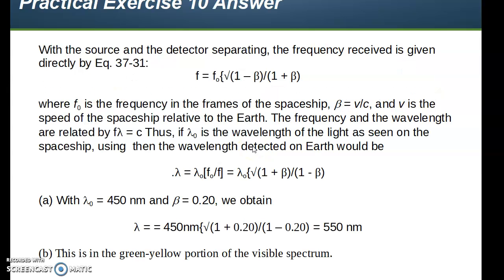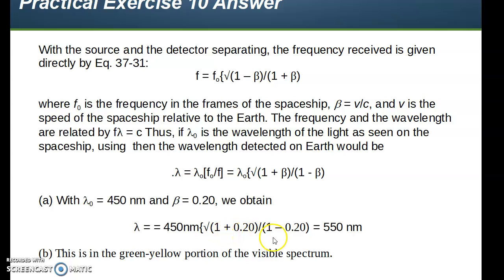Okay, so we have this equation right here for the frequency, and then we used what we learned before in terms of the lambda there, right? And this is the equation that would result. Lambda equals lambda 0, f0 over f, lambda 0 times the square root of 1 plus beta divided by 1 minus beta. So with 450 nanometers and beta equals 0.2, it works out to be 1 plus